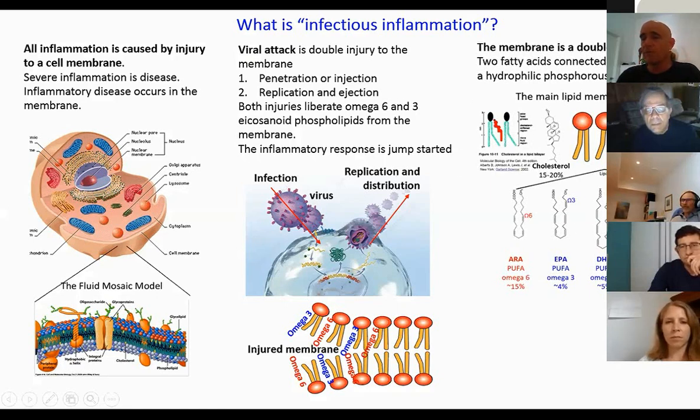So just a refresher on what the phospholipid membrane is made of and who are the key parts here. So these are phospholipids. So we have lipids here, right? Omega-6 and 3 and saturated fats, and the phosphorus group. So this is a diglycerol. We have cholesterol, which is not so important in this story, a very high content, about 15 to 20% of the membrane.